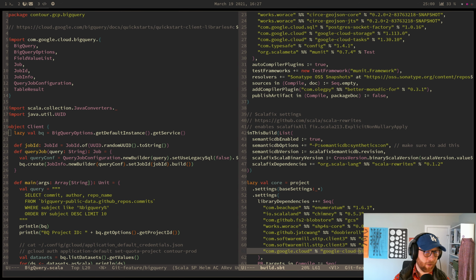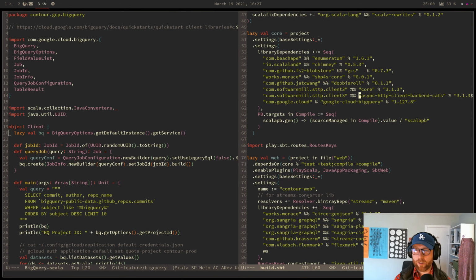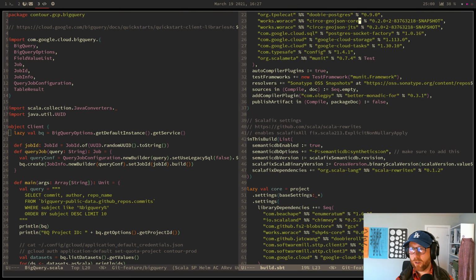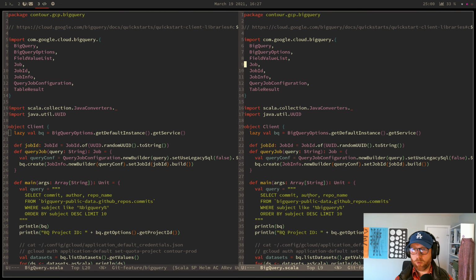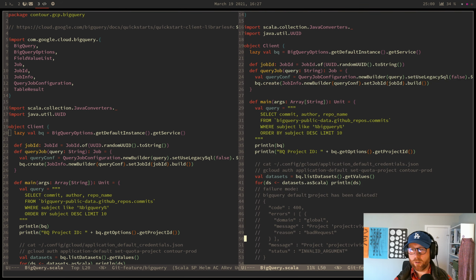Whoops, my camera's covering that up there. They're pretty decent at having SDKs, at least in Java and Python. I think they have Go for a lot of the tools. So they have a Google Cloud BigQuery SDK. I think this is literally on Maven Central or something. Actually, I don't know where it came from, or Sonatype or who knows. But I got that, and you import a bunch of stuff, make some things, and they give you